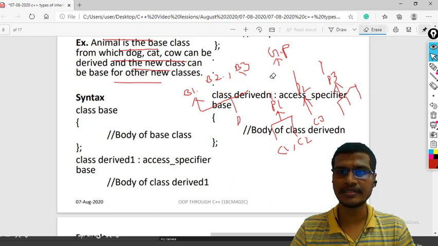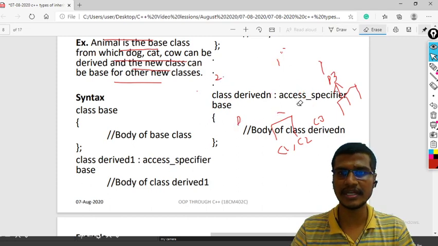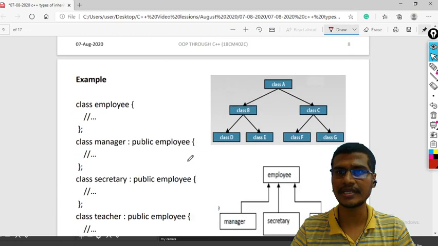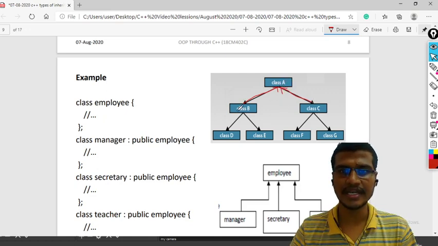We'll erase this. So I will explain this with examples, a pictorial representation, in which we will see the diagram. So this is your class A. This is your parent from which I will derive. Always this arrow direction should be upwards, because classes B and C are the child classes of class A. So B and C are inheriting the properties from class A.